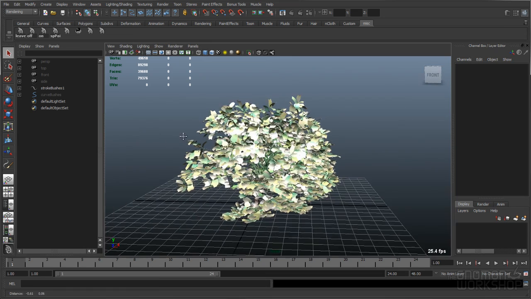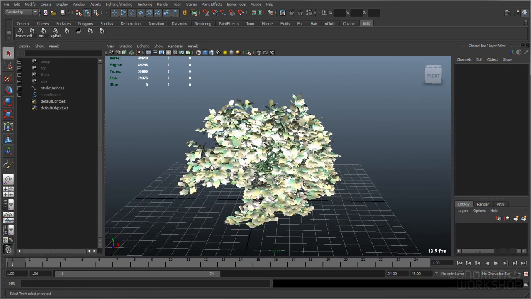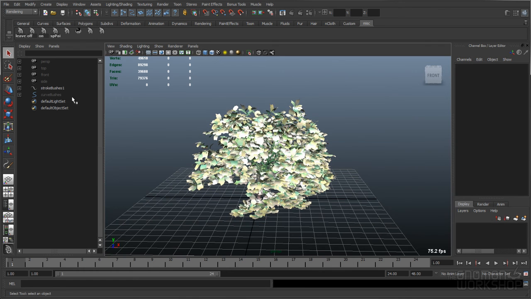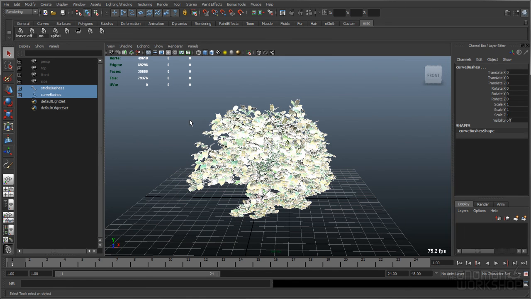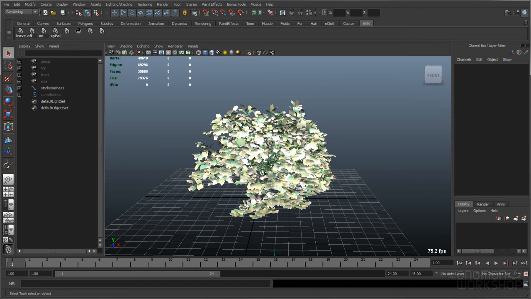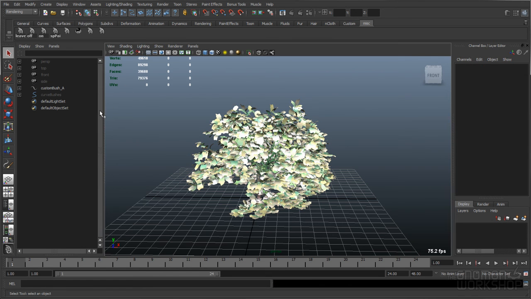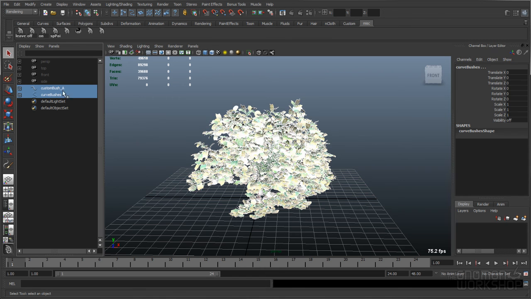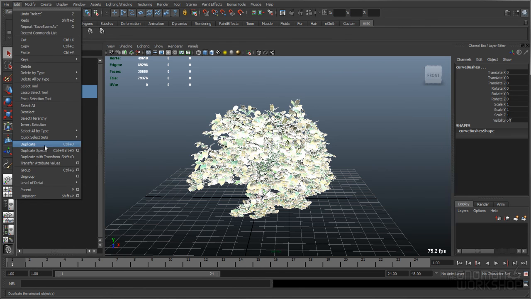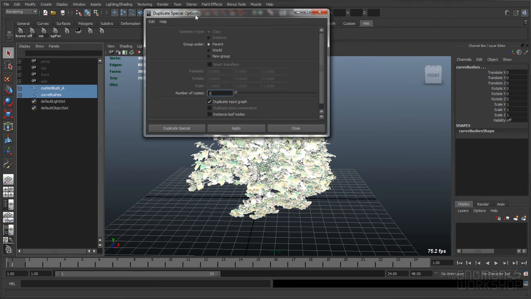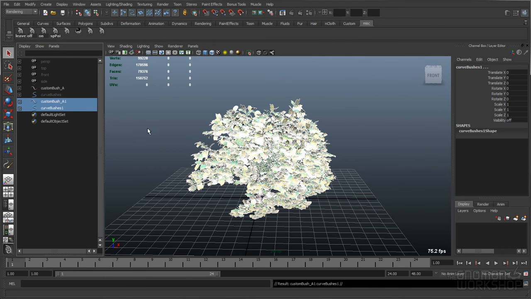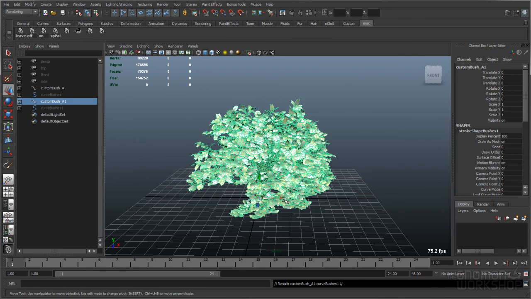And so what might we want to do with this bush? Well, at this point, maybe you want to have more than one bush. So I can take this and say, I like the settings as I have them here, so I don't want to start messing around with them, as bush A. So maybe I'll call them custom bush A. If I want to now make custom bush B, I'll select both of those nodes and duplicate them. And I can just say duplicate input graph, so it duplicates them with all the connections between them. And then I can take the copy